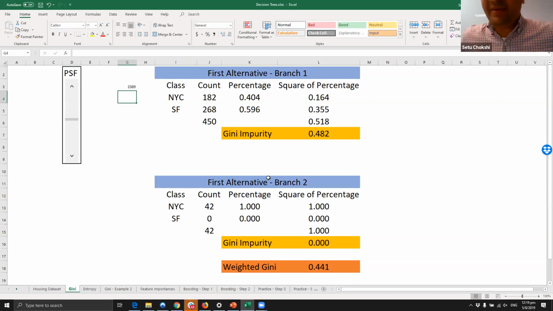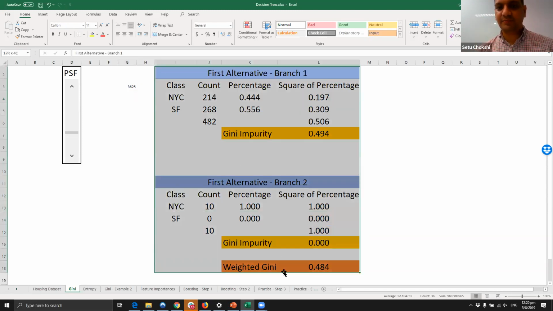Okay, so some of you are asking me to repeat, so I'll repeat again. For example, I have PSF. For PSF, I'll randomly pick 128 splits. You can pick whatever number you have. I can go with 10, 16, 32, 64, whatever those splits are. For each of the split points, I'm going to do these calculations. So for each split, I'll get my weighted Gini index, and then I'm going to pick the split that gives me the lowest value. Is this clear now?